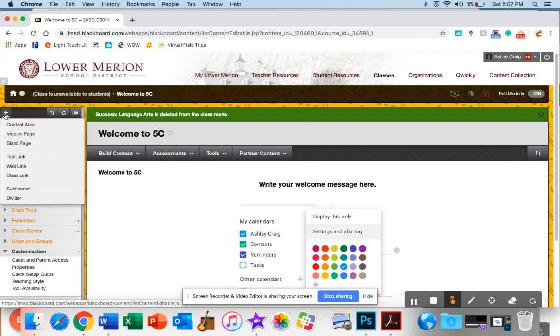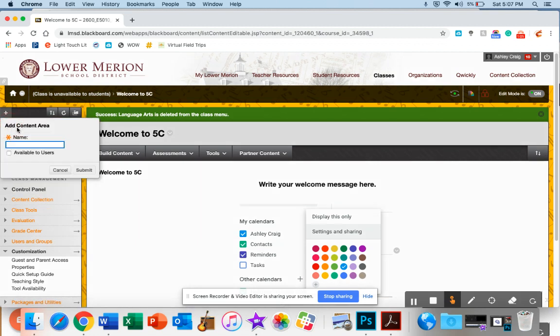So again, I'm going to click the plus sign, and when I click content area, the very first thing you absolutely must do is click available to users. If you create this page, you give it a name, whatever you want it to be, and you do not make it available to users by clicking that button, no matter what you do,